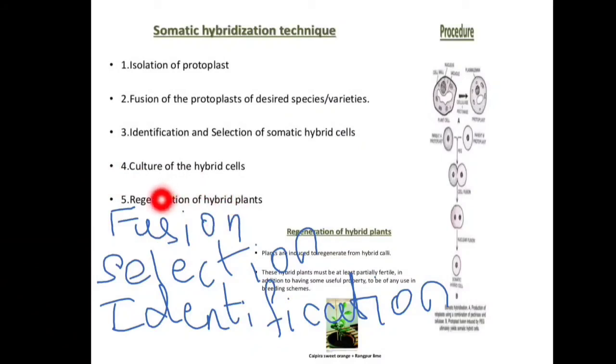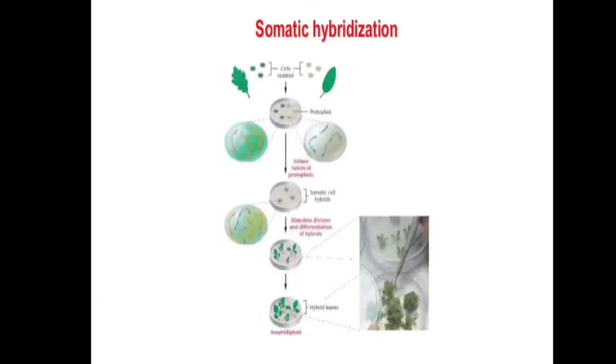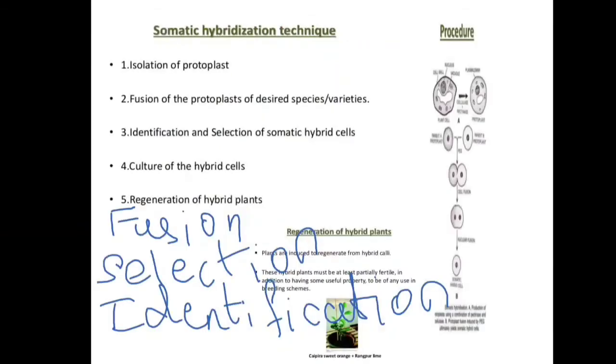So in the first step, that is the fusion of the protoplast, it involves mixing of the protoplasts of two different genomes. Okay, so you can see here, this leaf is different and this leaf is different. So we have taken two different protoplasts of two different plants, right? So in the fusion of the protoplast, it is the mixing of protoplasts of two different genomes. And this fusion can be explained in spontaneous fusion, mechanical fusion, and induced fusion methods.